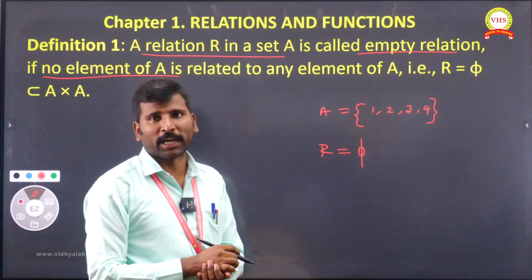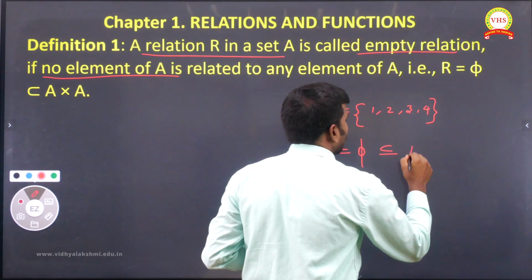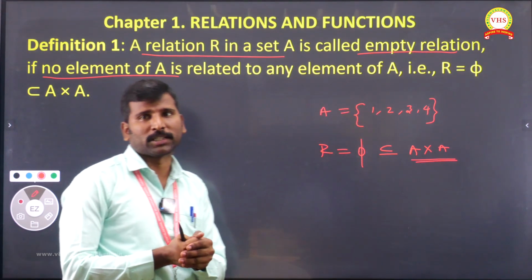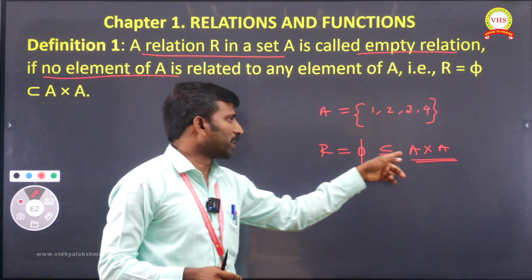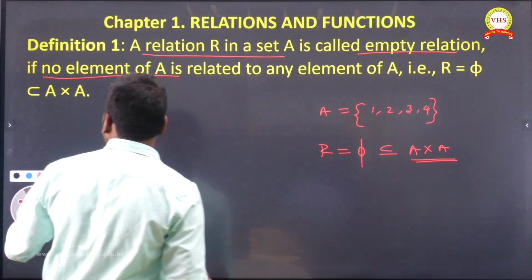R is equal to empty. The empty set is a subset of the cross product. In 11th we have studied what the cross product is. That means the Cartesian product, A cross A. Next